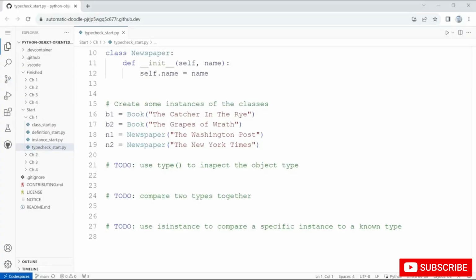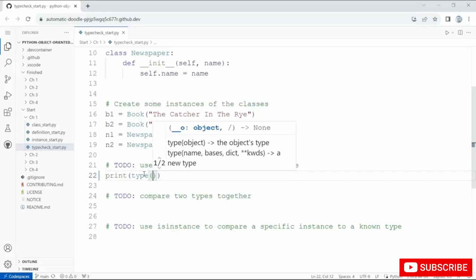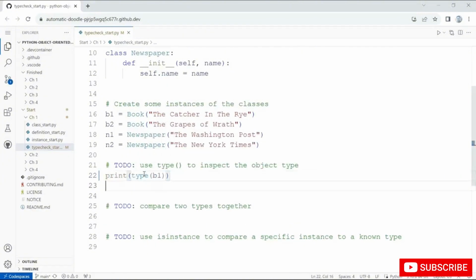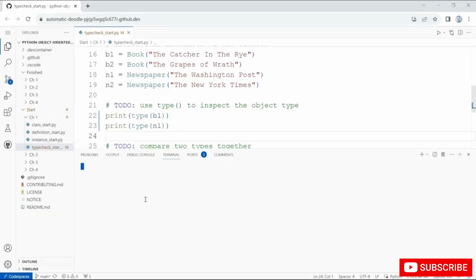So let's first use the type function to see what type a given object is. So we're going to do this. I'll print out the result of calling type on B1, which is the book. And then we'll do the same thing for N1, which is the newspaper. You can see I've got those defined right here, right? And what I'm going to do is open this up in my terminal. And I'm going to run this. All right, so when I run this, you can see that B1 is of type book and N1 is of